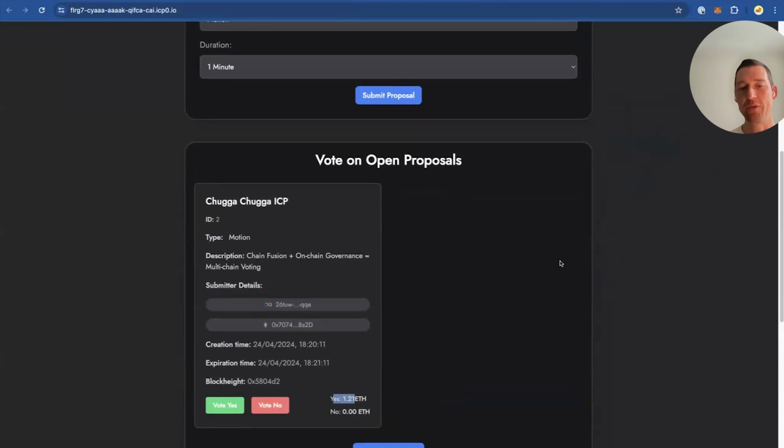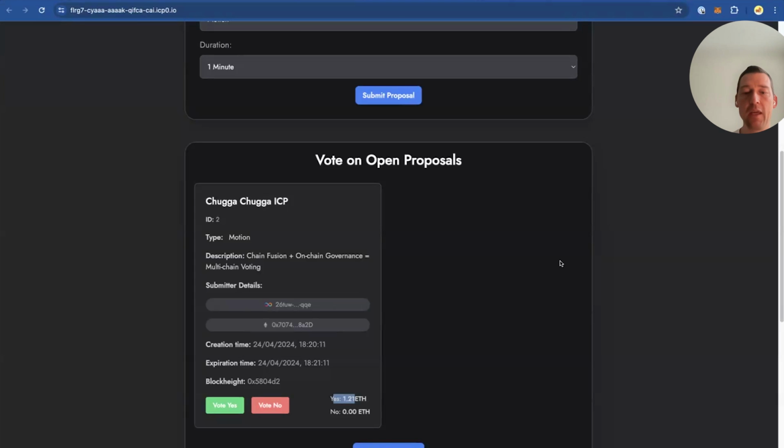Of course, now you could think about adding additional functionality here. For example, the question is now what happens when the proposal is actually past its expiration time, and we'll see that in a minute, because then it will trigger further actions on chain. There's a timer in the background that checks for open proposals and closes and executes them. So in this case, we chose that the result of this motion proposal is actually written back to Ethereum.